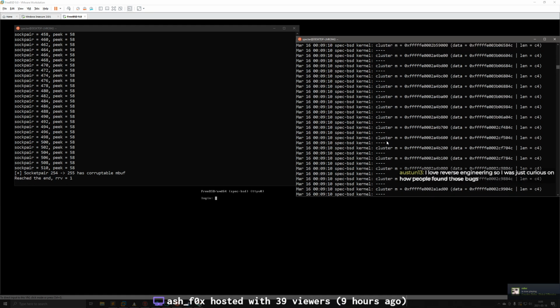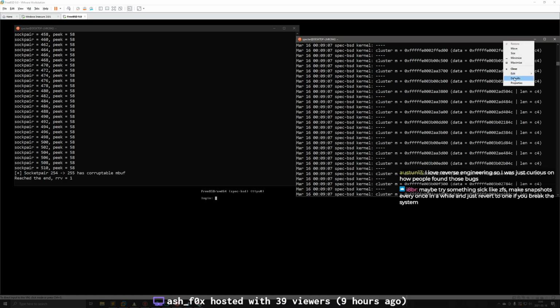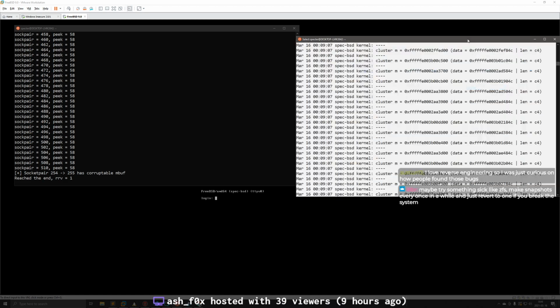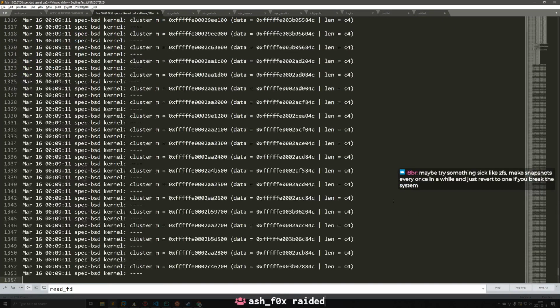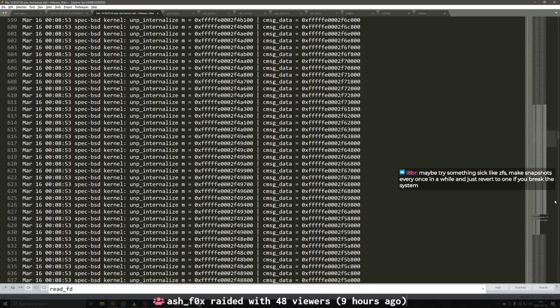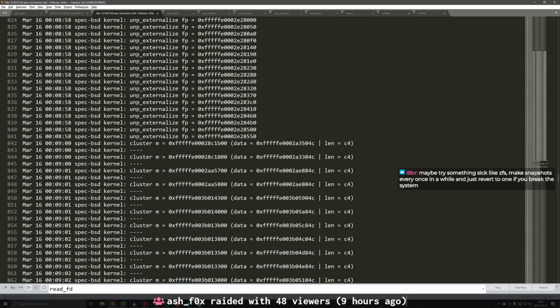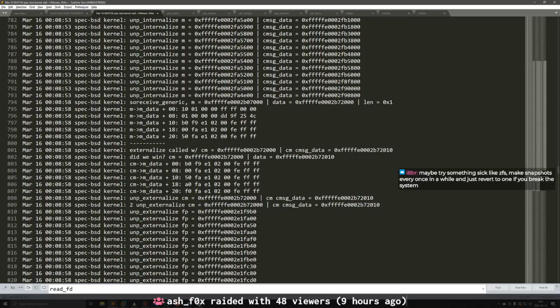All right, let's see what happened. It didn't work as I expected, or at least I don't think it worked. We'll find out, I guess. Let's quickly copy this over so it's easier to navigate. Yeah, so you can see here, because we don't have a delay anymore, the SO received generic and then the externalize called. These were really far apart before, right? They were like 1 second apart before, which allowed for the spray to happen in between.